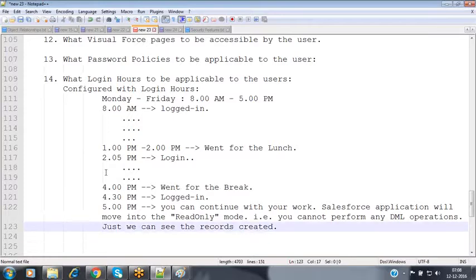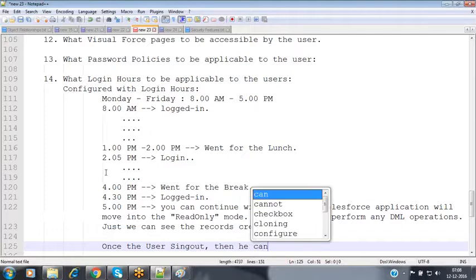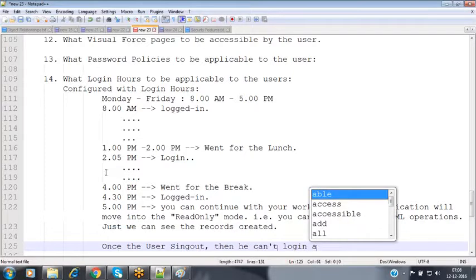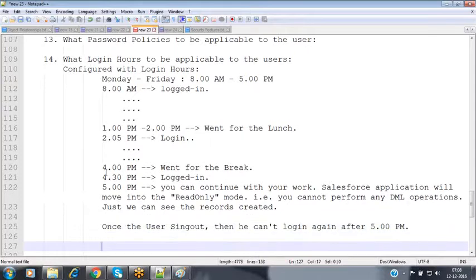Now after 5 p.m., once the user logs out, once the user signs out, then he cannot log in again after 5 p.m. This question is very, very important from the interview point of view. Once the specified time period is over, Salesforce automatically moves the application into read-only mode.